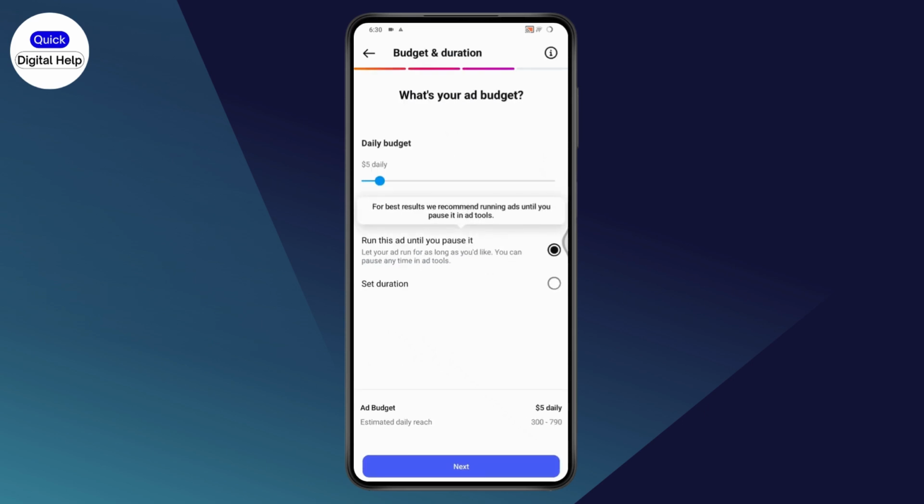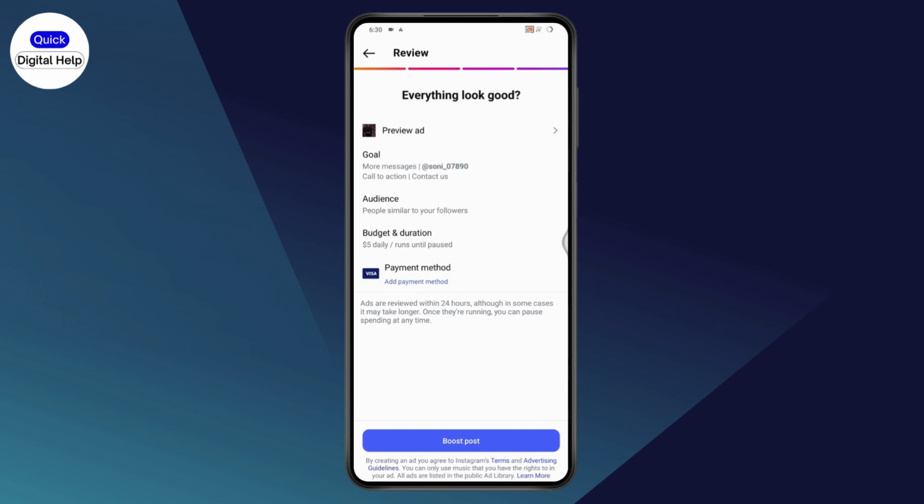And you can choose your daily budget. So what's your ad budget? And after that, your duration, your budget, and then go with next, which is on the bottom, and tap on boost post. Add your payment method, and that's it. That's how you can run